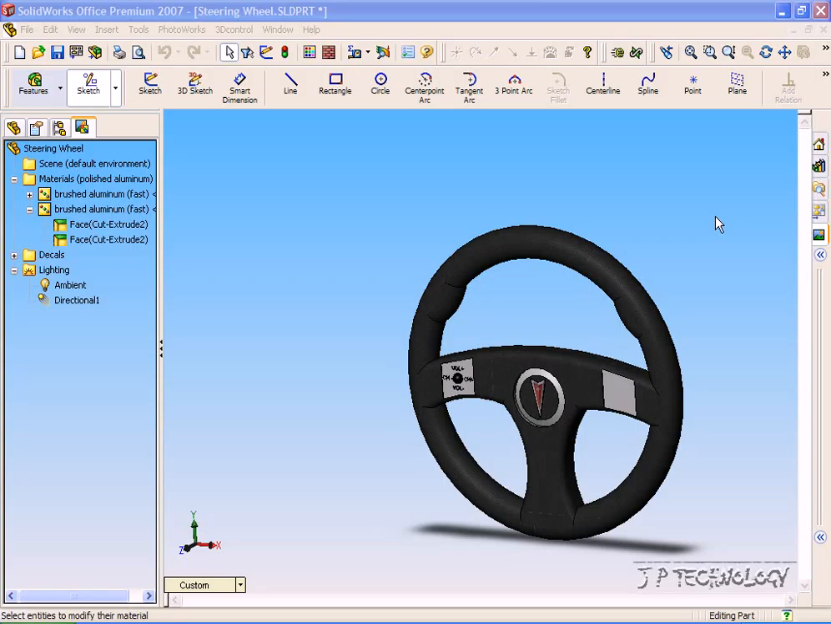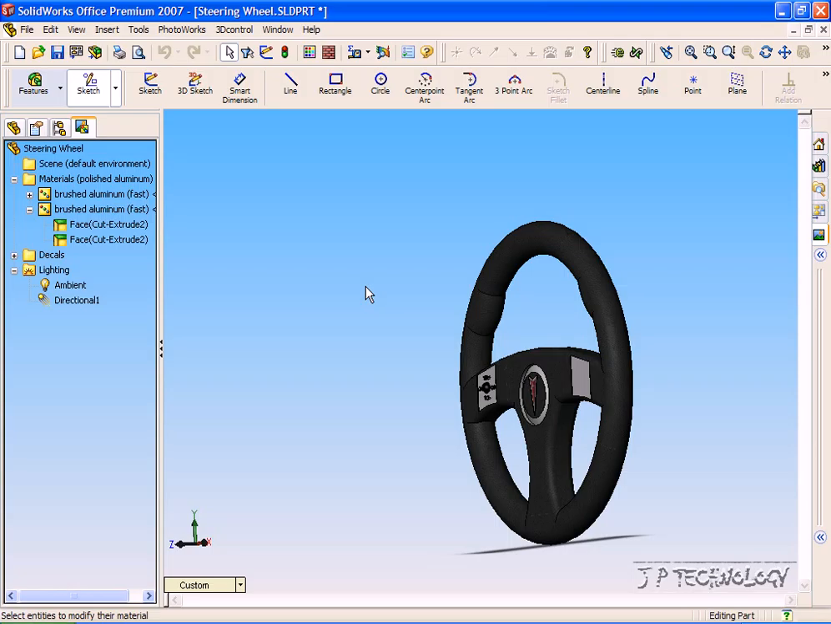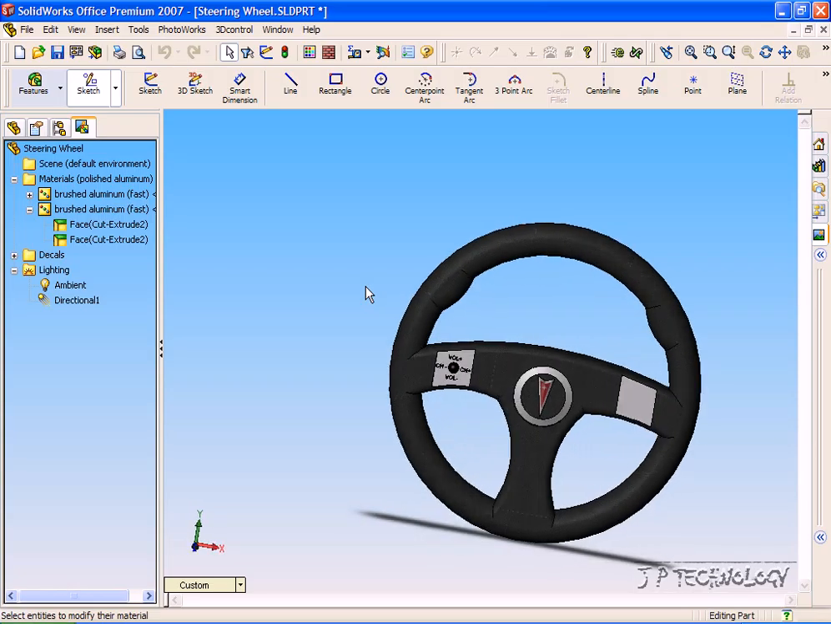This is tutorial number 78, and it covers how to make a leather pattern feature in SolidWorks by using PhotoWorks. Now to start off, open up the steering wheel, which I've included on the DVD. Now this steering wheel is a Pontiac steering wheel that I created myself, and